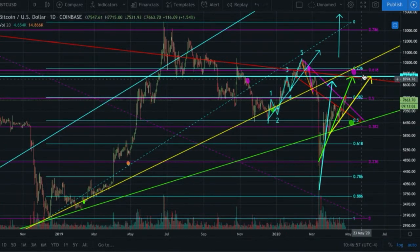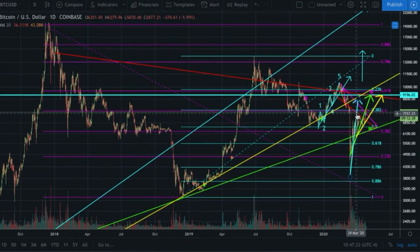So it's very likely that we could get a move up from here. It's very likely we could get a move down from here, but I would bet with almost certainty that we'll be revisiting this area sometime in the next few months, no matter where we go from this, whether you're bullish or whether you're bearish, whether you think it's the end of the world or the beginning of the world for Bitcoin. I think it's very likely that we're going to end up right here in this same range, 3 months or 6 months or a year from now, and the way this is all shaping up on the macro,